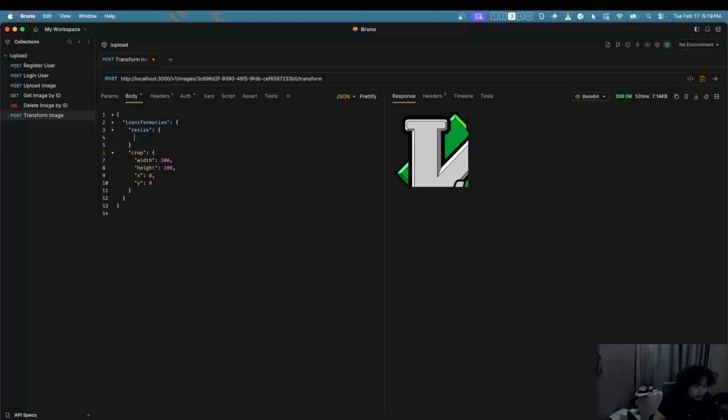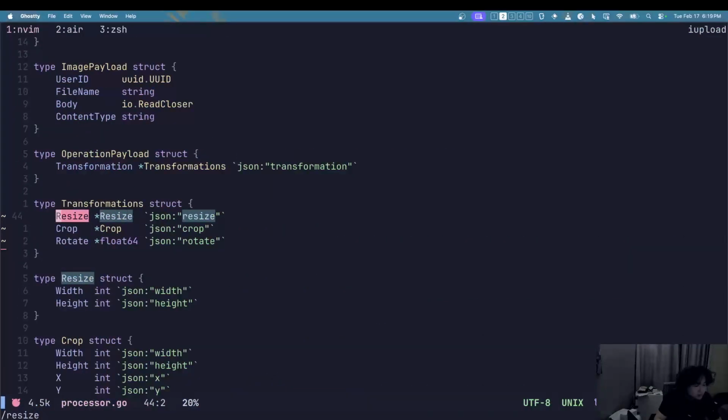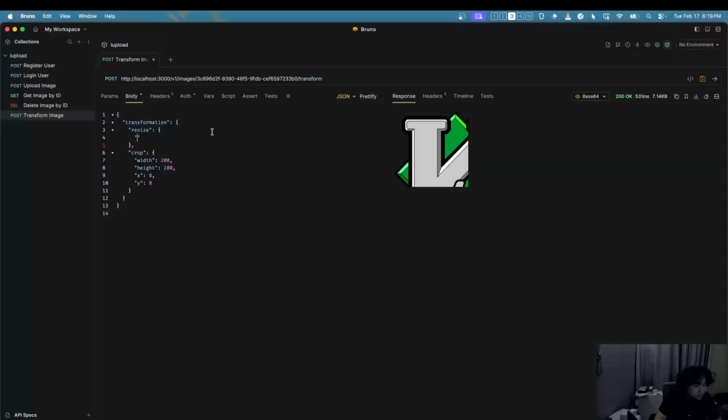Let's add in multiple. Okay, what was resizing? I forgot. Resize is width and height. Yeah, okay. Width. Let's do like 100. Height. 100. I don't know. I feel like this might. So I'm gonna apply the resize, and then